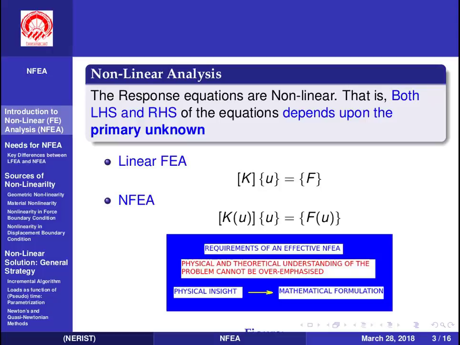call it a nonlinear equation. For example, in a static problem, the basic finite element equation is this: K matrix, the stiffness matrix, times the displacement vector U gives me the force vector F. So here in this case, this force vector and stiffness matrix are not dependent on the unknown U, and they can be solved relatively more easily, and that's why it is a